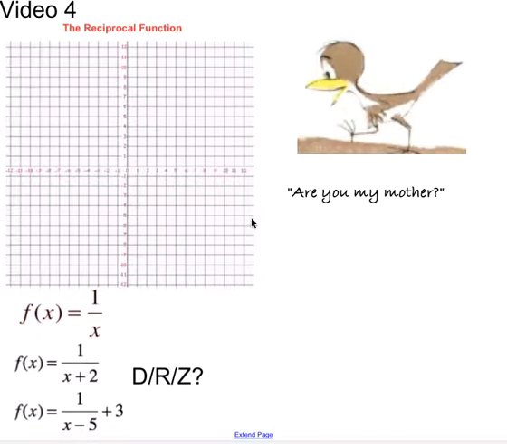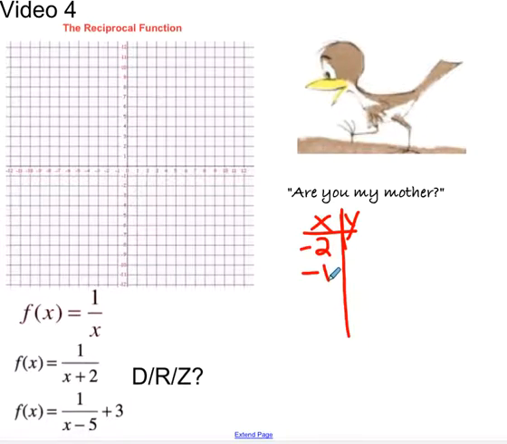Video 4 is only going to have one parent function, which is going to be the reciprocal or rational function. So the parent is just 1 divided by x, right? And if we have 1 divided by x, I can simply make a t-chart to draw that parent function, which I'm going to do. So I have an x and a y, and for this one, I'm going to do